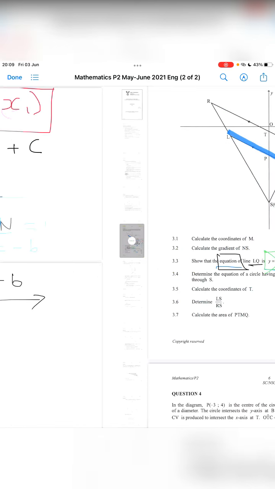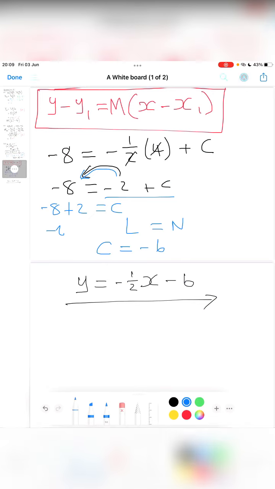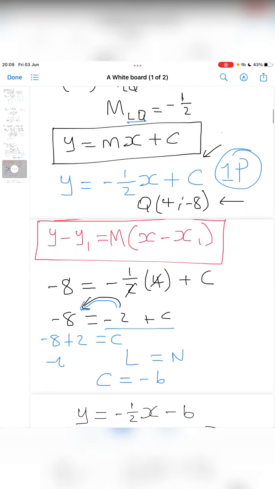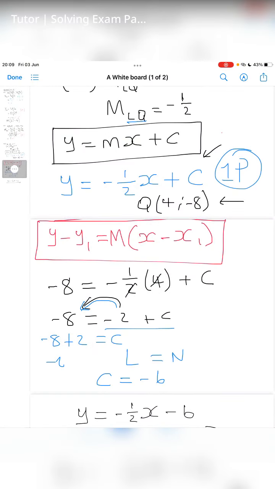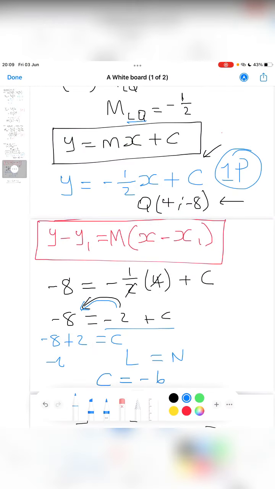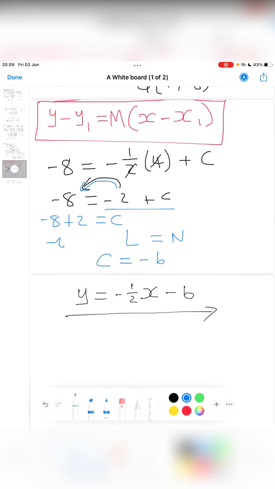So what the honorable member was saying there, ladies and gentlemen, is simply that as soon as you find the gradient of the perpendicular line, you can use that formula in red over there instead of doing what I've done. So let's quickly see how to go about that one. I'll just write it there again. Let me use that color. So this is